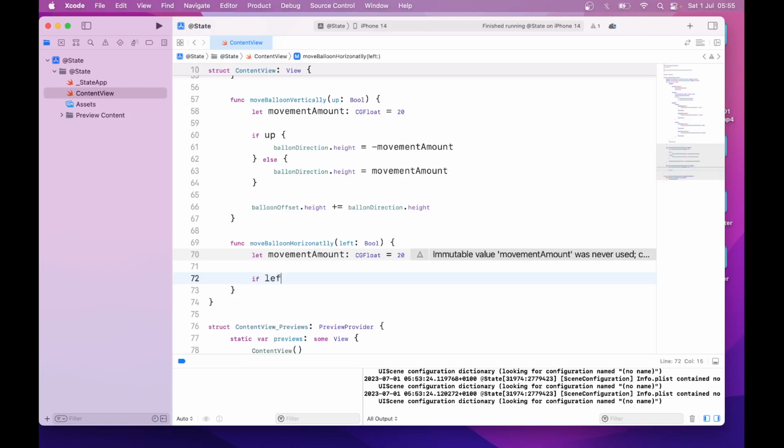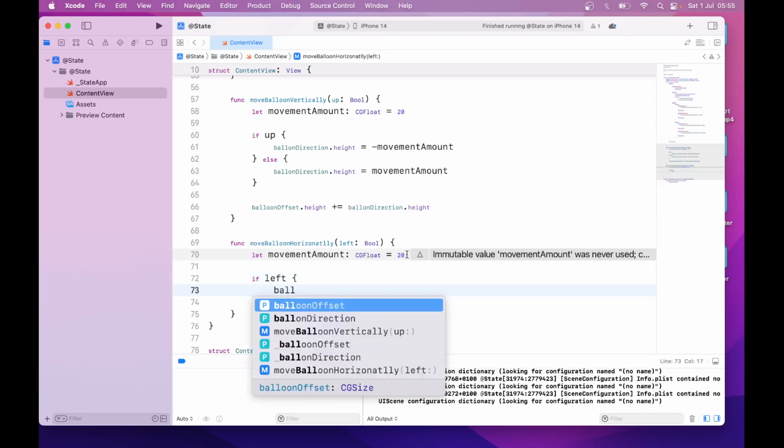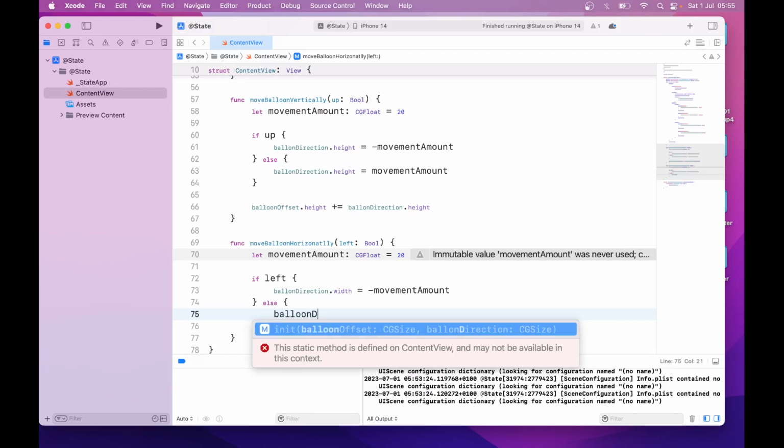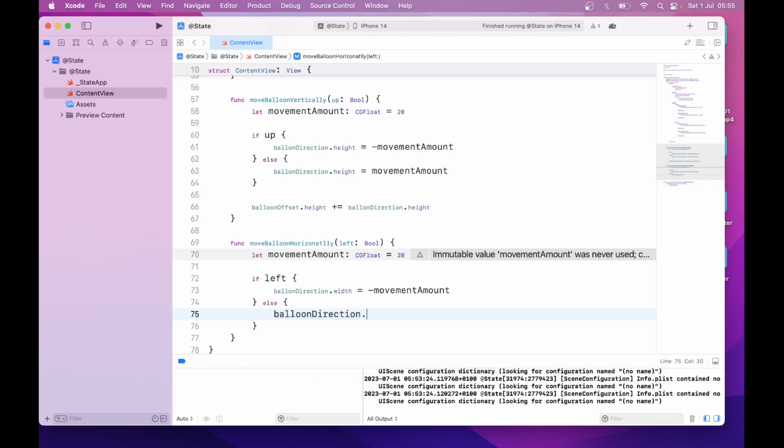If left, balloonDirection.width = -movementAmount, else balloonDirection.width